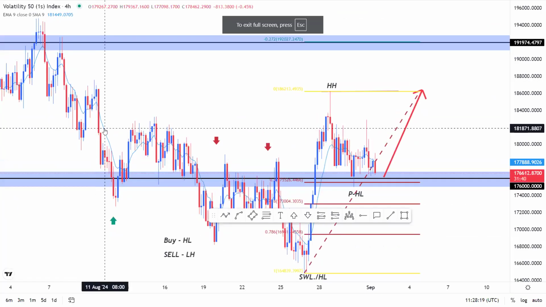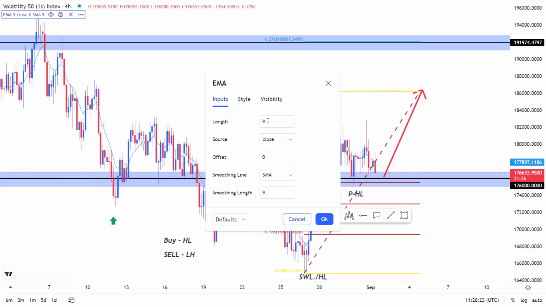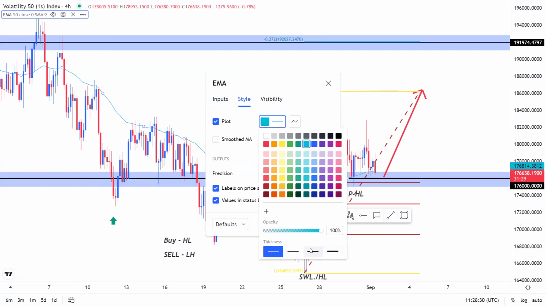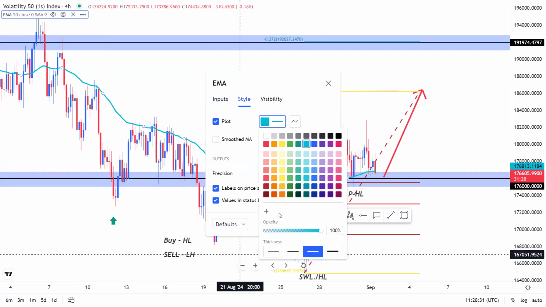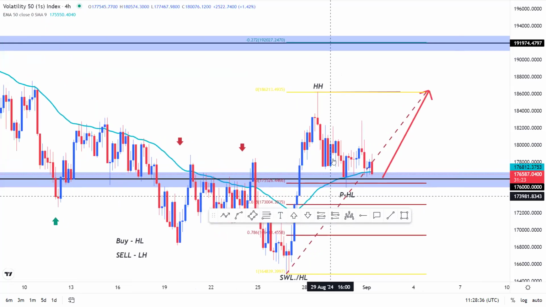Now, if I introduce also the 50 exponential moving average, now you can see we have also present at the level